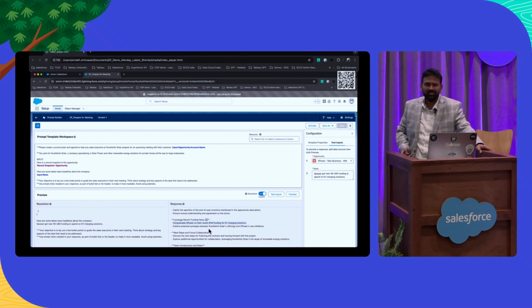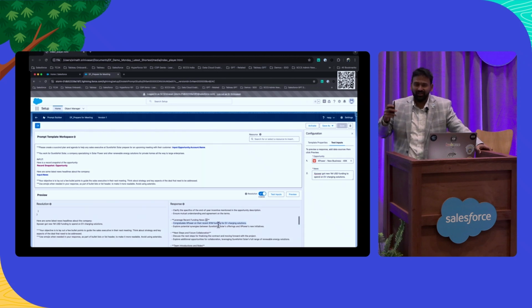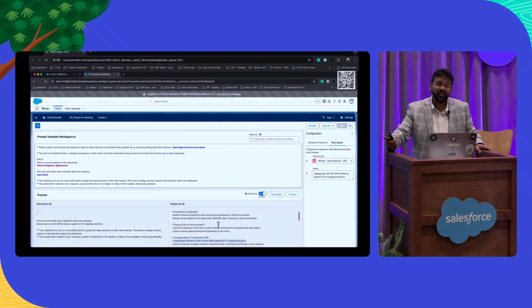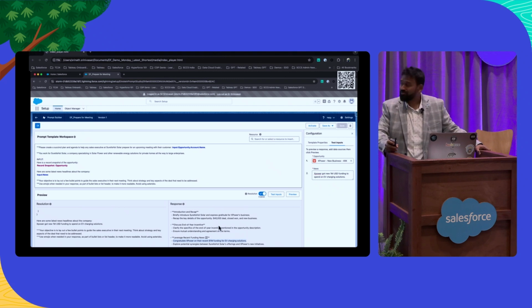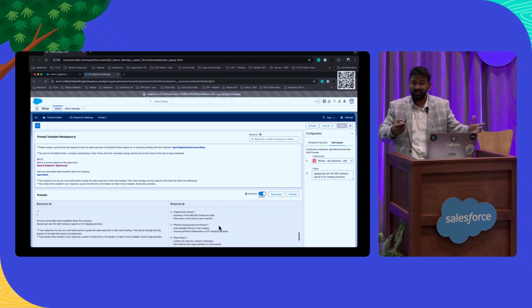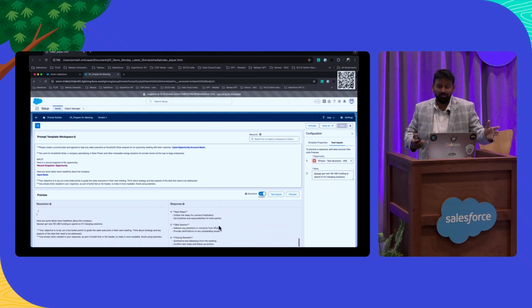What this allows us to do is that now the sales agent Jake does not have to spend time creating all this piece of information, but rather he can focus on making sure he has the right information in there and make it more personalized. So his account team on the other end looks at it and says, oh, Jake has done his research. He knows what's happening with our company.